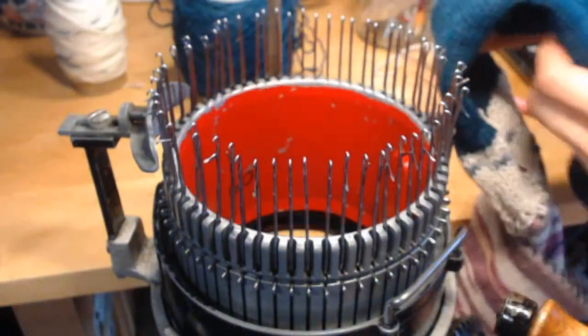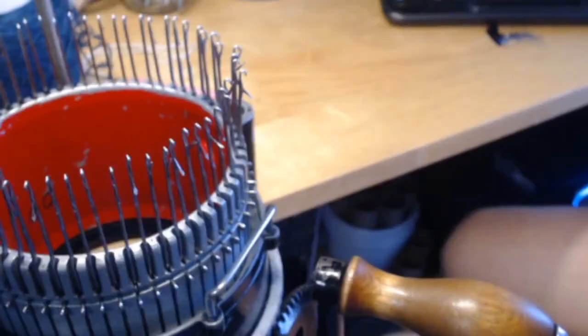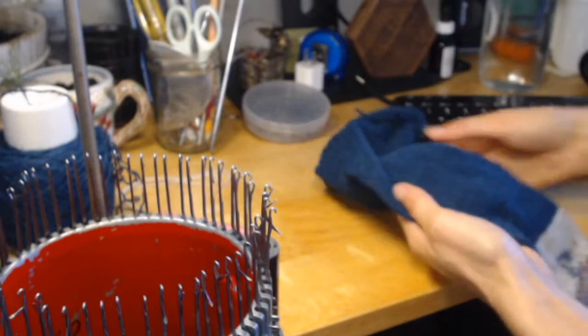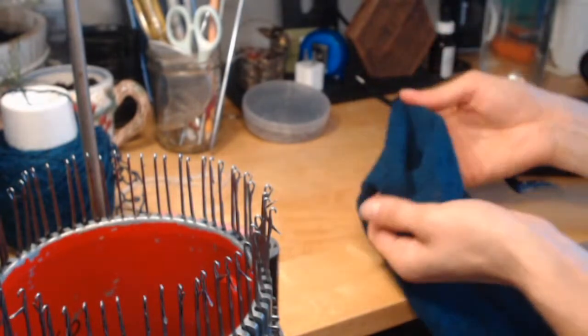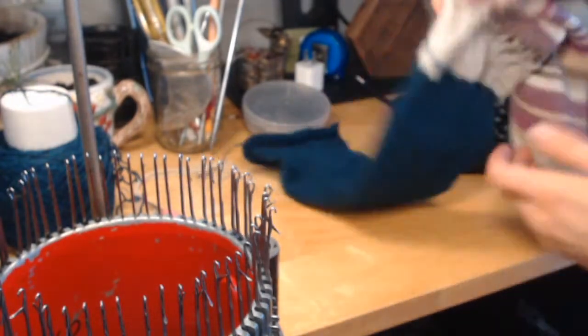Okay. So you can see we have a tube here. I'll move my keyboard and adjust my camera for you guys. See my beautifully messy desk. Oh, I have to drink my tea. Alright, so we've got this lovely tube here. And you might be thinking, how on earth is that ever going to become a headband? Well, as soon as I take off my scrap yarn,